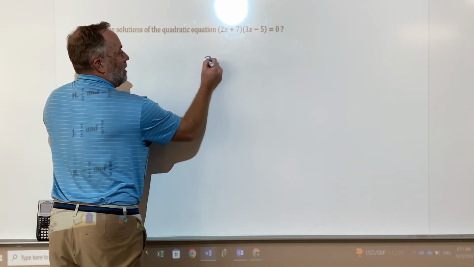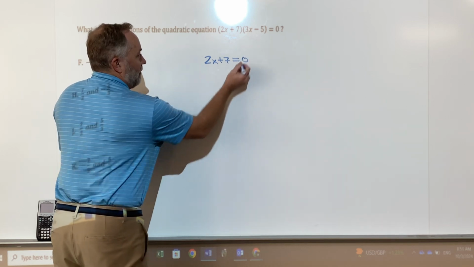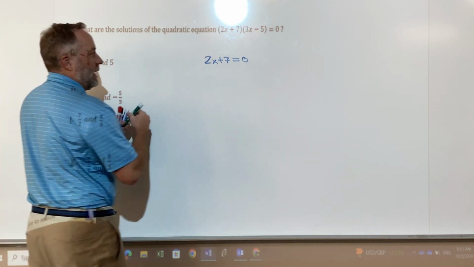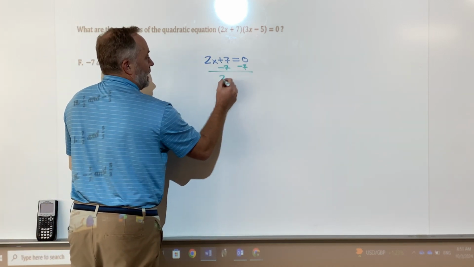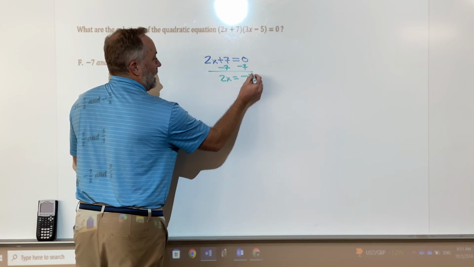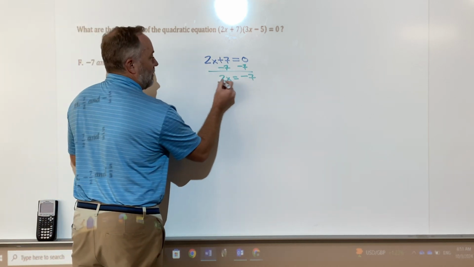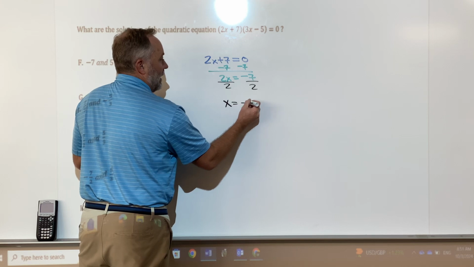We want to know, when does 2x + 7 equal 0? All right, now that we have that pulled out, we can simply solve for x. So subtract 7 from both sides. We get 2x is equal to negative 7. And then to get x by itself, we divide both sides by 2,